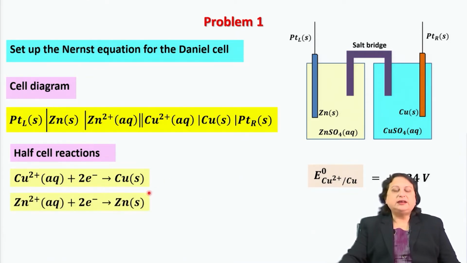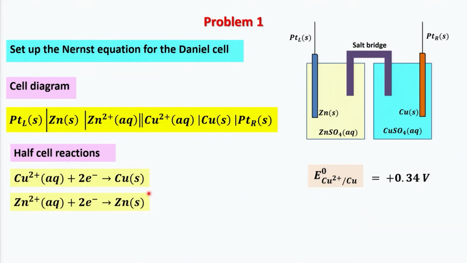Now, if I look at the second half cell reaction, I can have another reduction reaction: Zn2 plus in the aqueous medium, upon accepting 2 electrons, goes over to zinc solid, and the associated standard reduction potential for the pair zinc 2 plus to zinc is given by minus